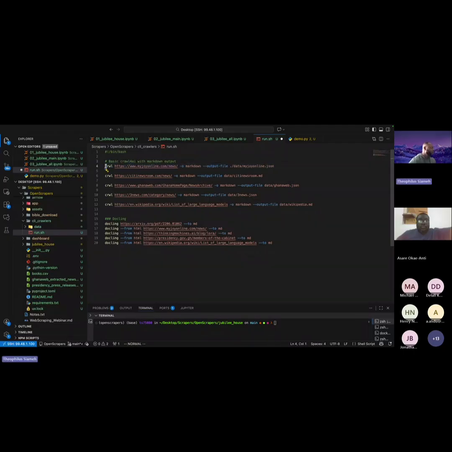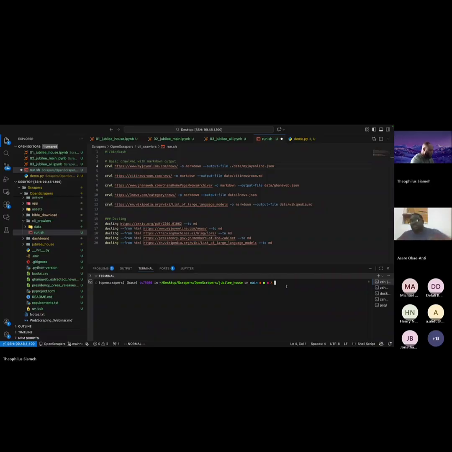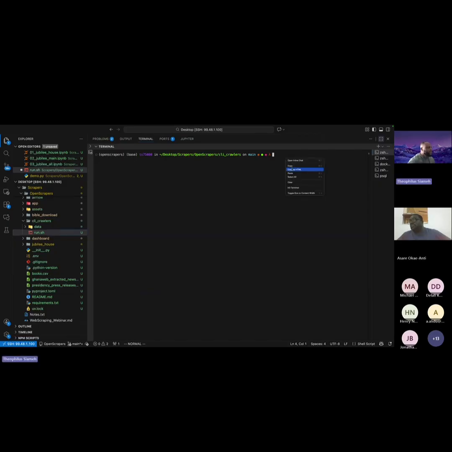This is a CLI command. Okay, so let me CD down, CD to CLI. Okay. So all I need to do is to paste this command. So if I run this,